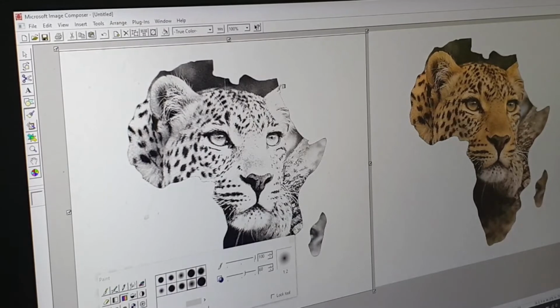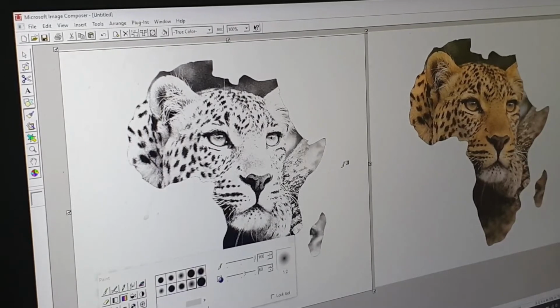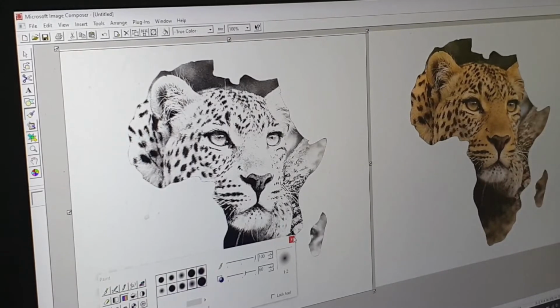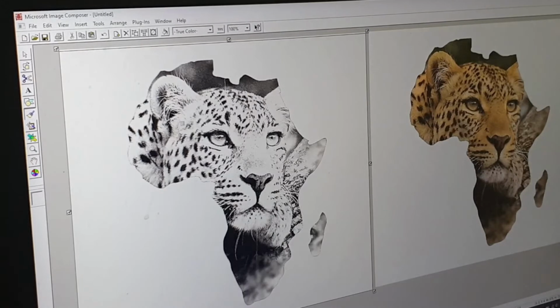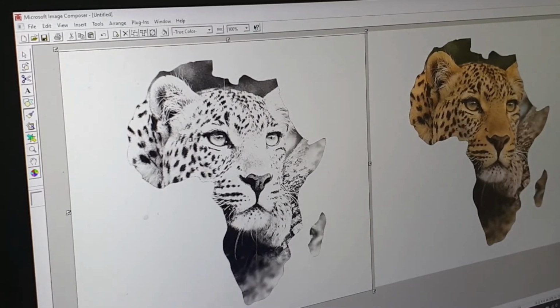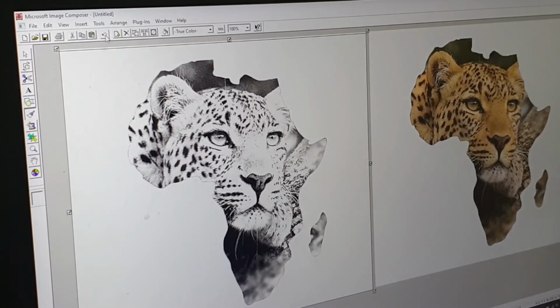Okay, so what this does is it really pulls a lot of the color out of the picture. Once you've got it to the right tone, and I think it's a bit light, so I'm going to undo that last one. I think that was too far. I think this is pretty good. Then just below